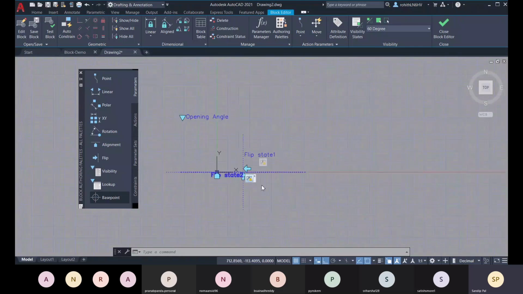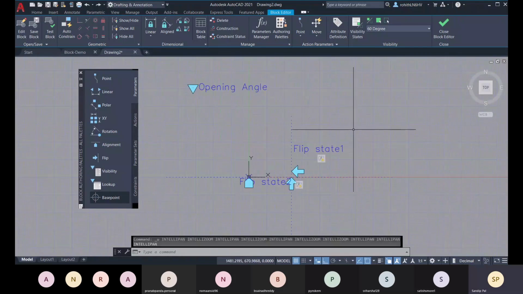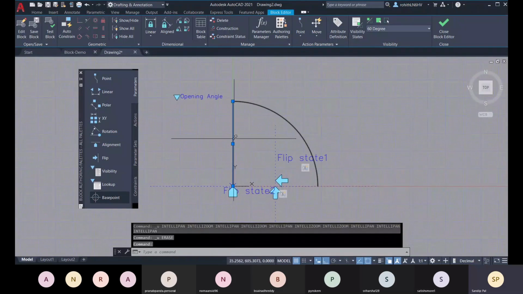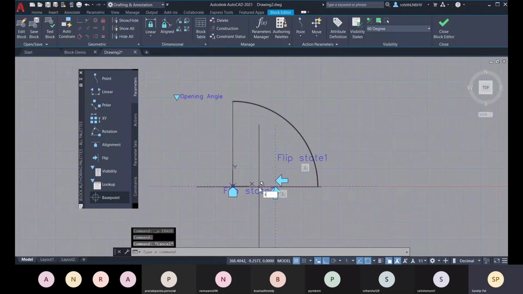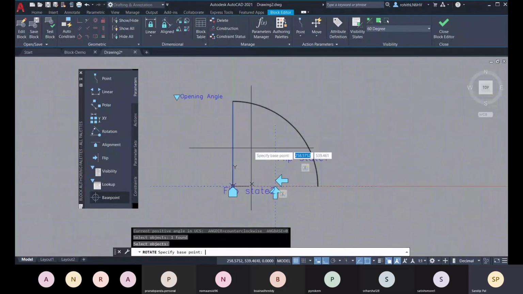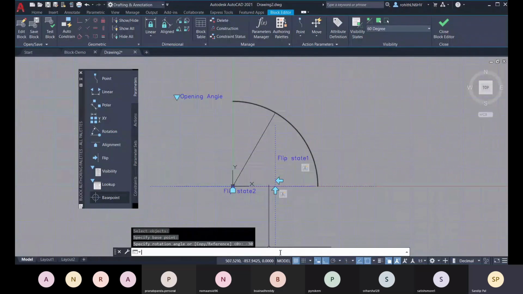What you can do is just change this rotation. Go for RO, rotate, rather than deleting it. You can directly rotate it, so it will go -30 from the 90 degree, 60 degree from 0. Now go for trim and trim this.